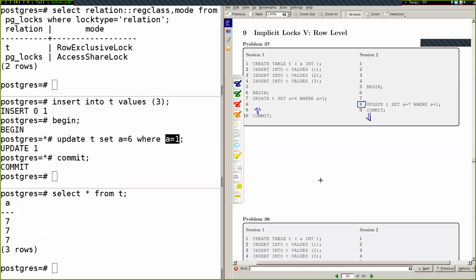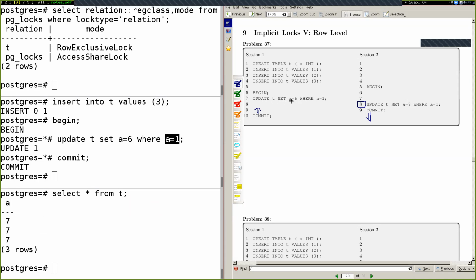Kieran: And so why is it not 1, or like 6, 7, 7? Yeah, question is why is it not, so here we have 777, why is it not 677? So we have an update right here setting it equal to 6. Here we have an update setting things equal to 7. And let's say